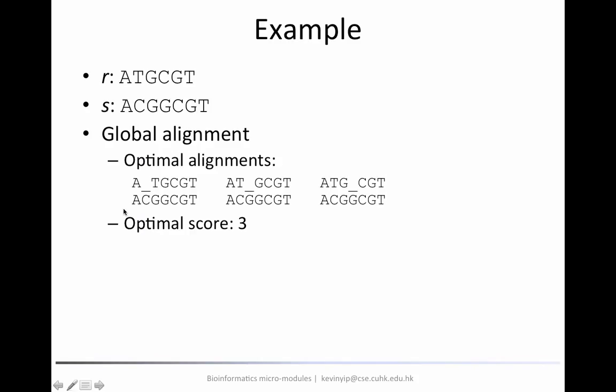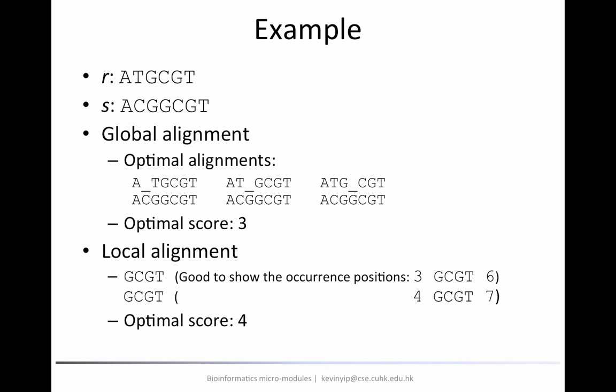For example, if we look at the first alignment, the first column is a match, which is okay, but the second column is an indel, and the third column is a mismatch. So now if we are allowed to cut out some of the characters from the beginning or from the end, why don't we cut out these 3 characters? If we do that, then we get an alignment with alignment score 4. In fact, in this case, that is the optimal local alignment.